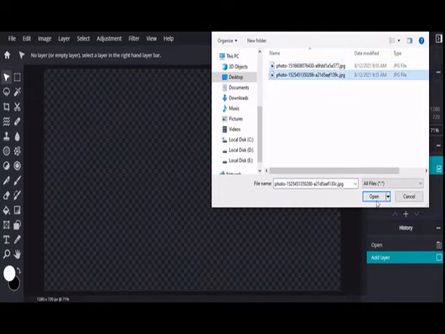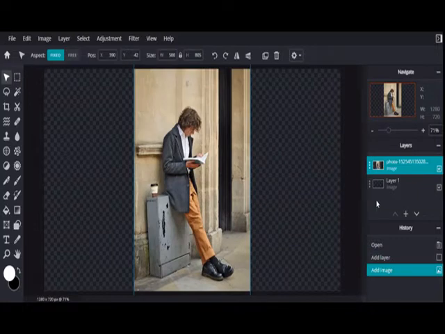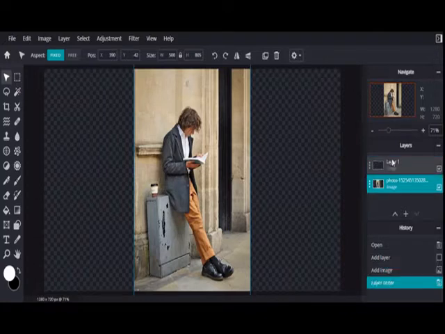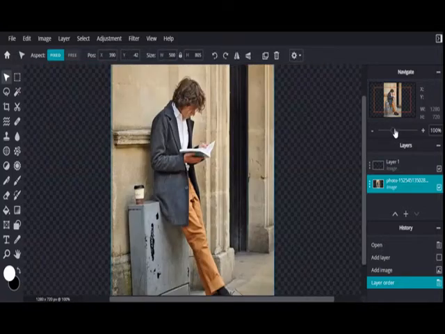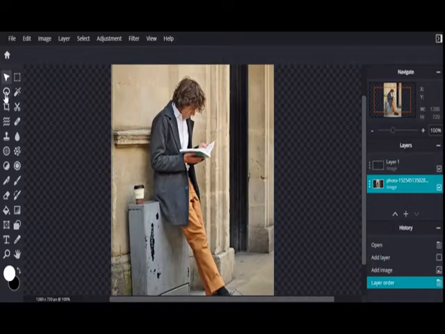I have downloaded these two images, and I have selected one of them. Sometimes the image is too complicated and it's not easy to remove the background, because some tools are available which will help you to remove the background easily. But in this case, I will be making use of the lasso tool, which I have selected.